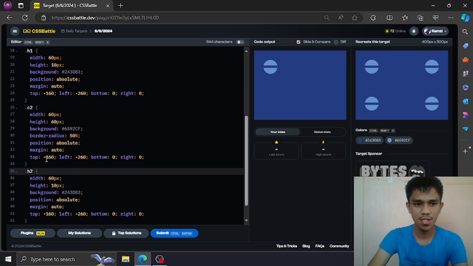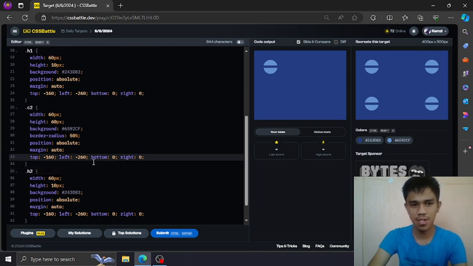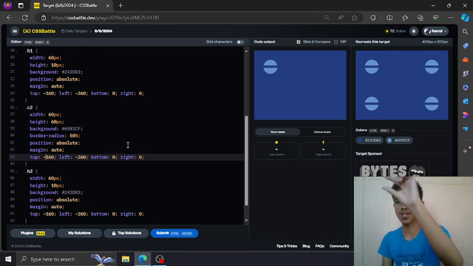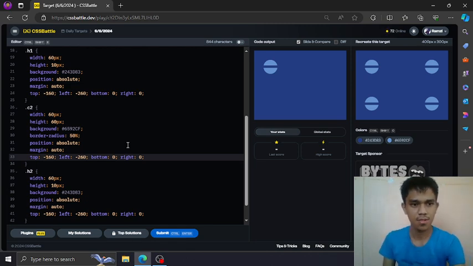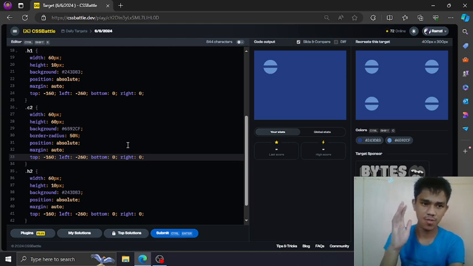Now let's just adjust the position. First is the horizontal, so that it would line up something like this from here to here. So let's keep the vertical position for now. Let's change the horizontal.